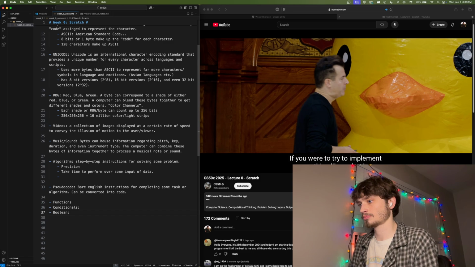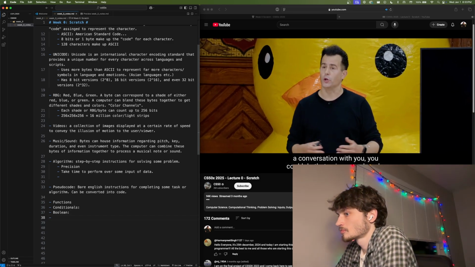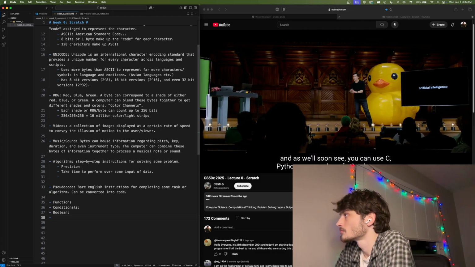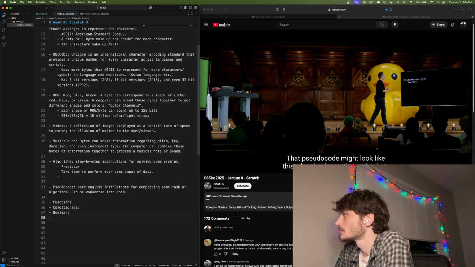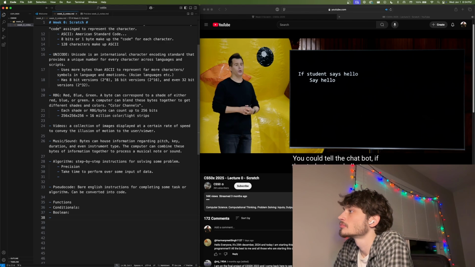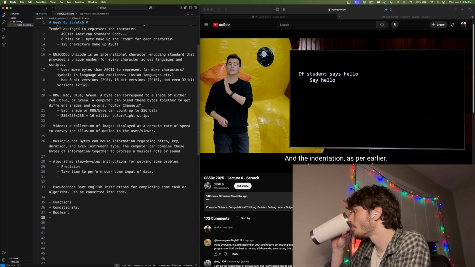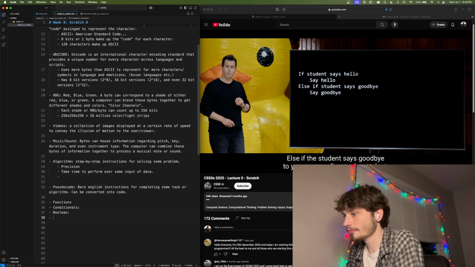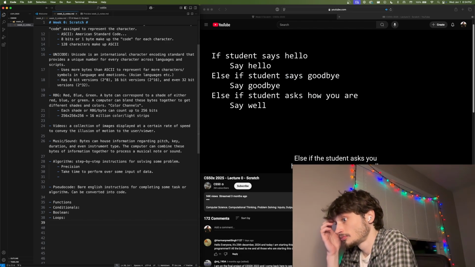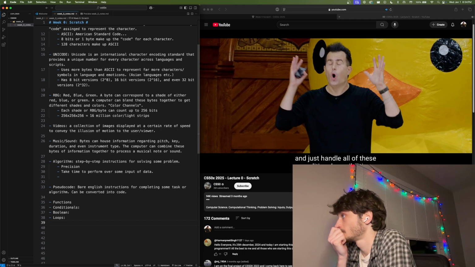If you were to try to implement something like a chatbot, for instance, that just answers questions and has a conversation with you, you could do that using pseudocode. And as we'll soon see, you can use C, Python, any number of other languages too. That pseudocode might look like this when implementing a chatbot. You could tell the chatbot, if the student says hello to you, then say hello back. And the indentation, as per earlier, implies this is conditional. Else, if the student says goodbye to you, say goodbye to the student. Else, if the student asks you how you are, say you are well. So you can just enumerate question after question after question and just handle all of these